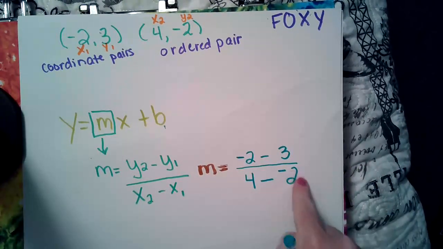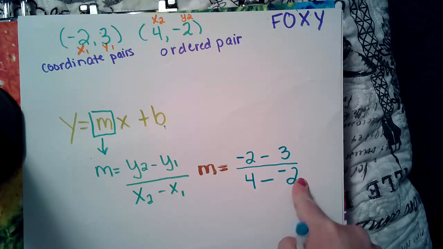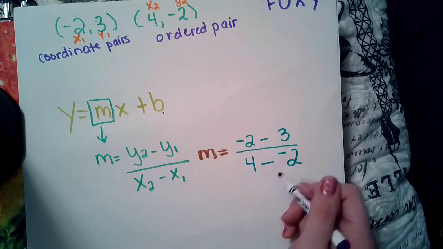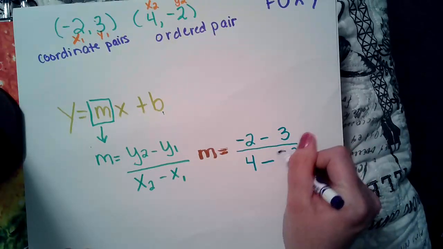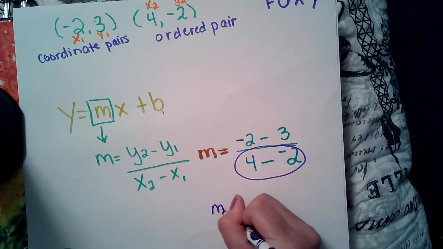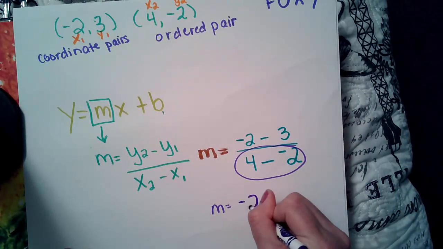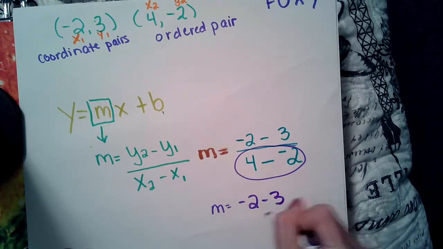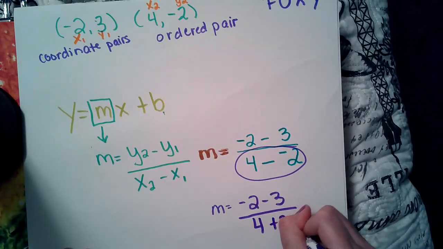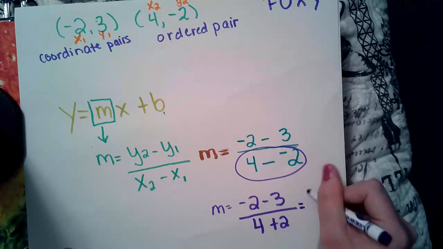When we take away something that is negative, what we should tell ourselves is we are removing the negative, therefore we see the positive. And now I have to rewrite this. This becomes m is equal to -2 minus 3 over 4 plus 2. And if I do the math, I get